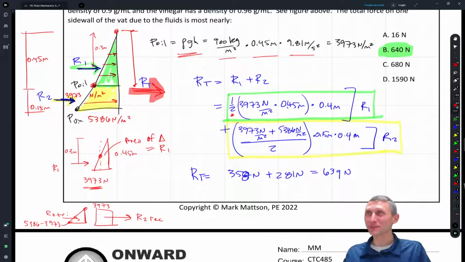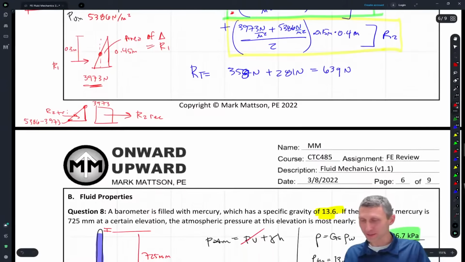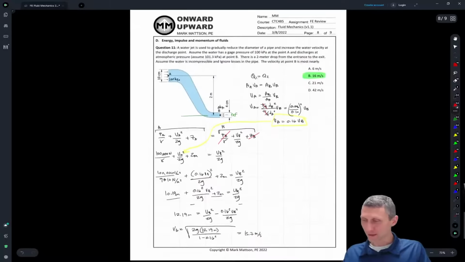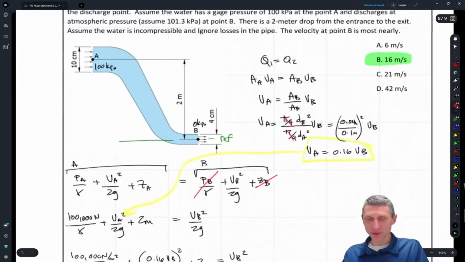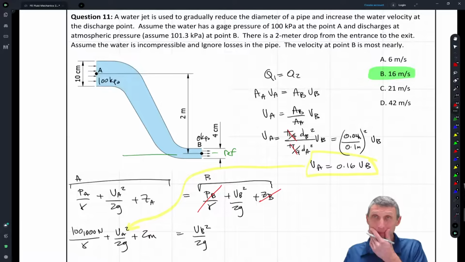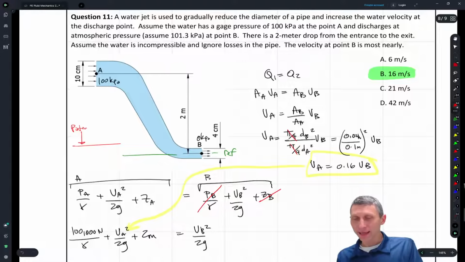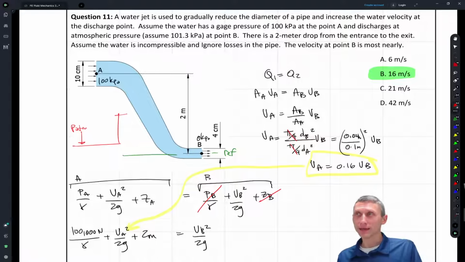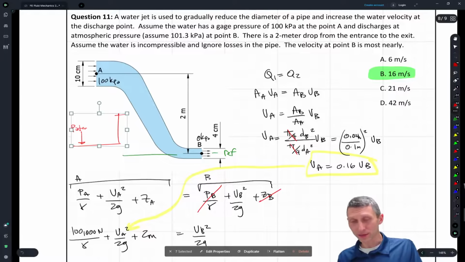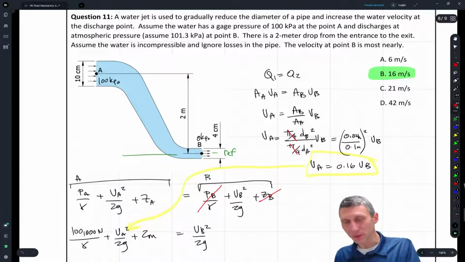How you called out pressure B in question 11. Sure, question 11. Let's go there. So question 11, and let me zoom in on that one. So the pressure at B, right? This is where gauge pressure versus atmospheric pressure comes in, because basically, if we're thinking of this, we think of something as atmospheric pressure. There's an atmospheric pressure, and gauge pressure is above that. So it's like, I want a better picture here, and I'm not giving it to you, but let me put it this way: the 100 kPa is gauge pressure,